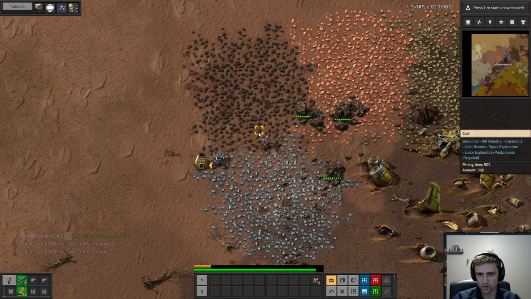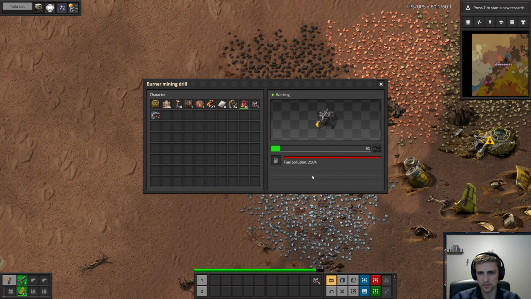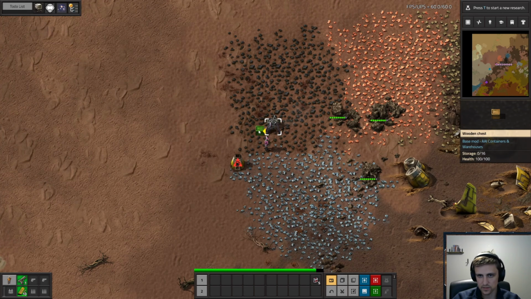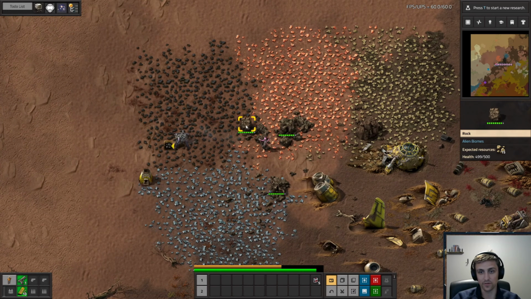So if you're familiar with, actually, we're going to do this. We're gonna see if we can mine up some coal here real fast, because it's gonna be a lot faster doing it this way. So if you're familiar with regular Factorio, there will be a lot of things that are